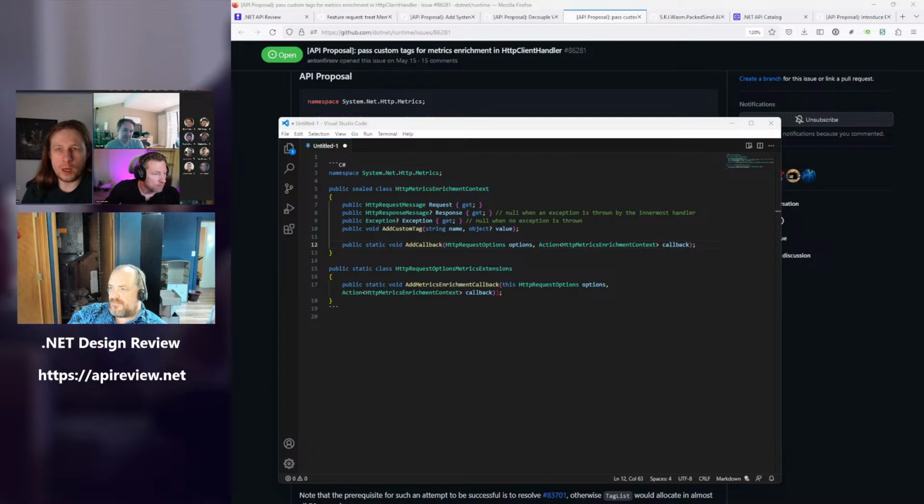I think it's a very big discussion if we wanted to make it deconstructible, but we need this feature now. So this is a way to inject a callback when metrics are enabled, when there is someone listening to those metrics and we want enrichment. So this is really specific to what we are doing.